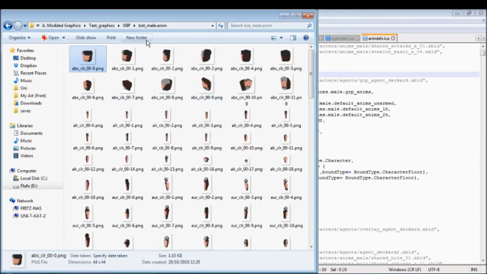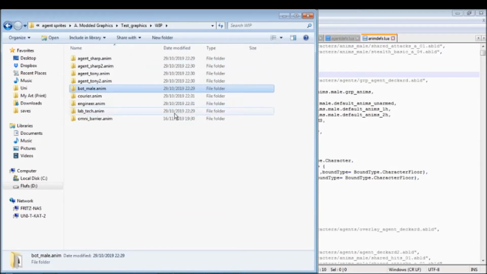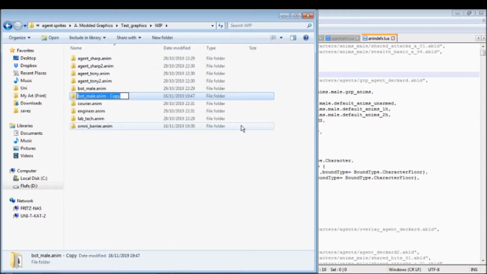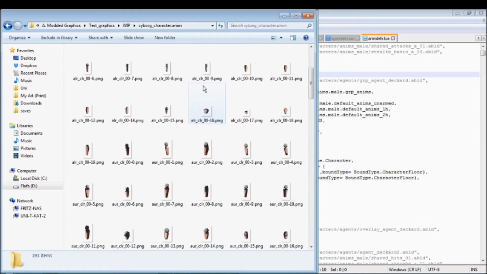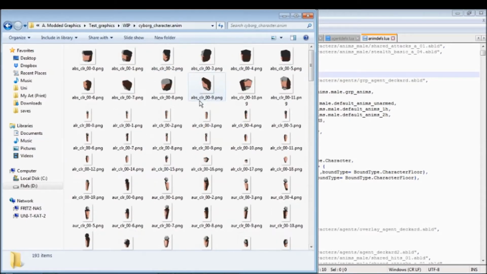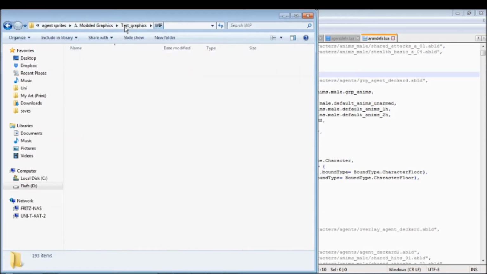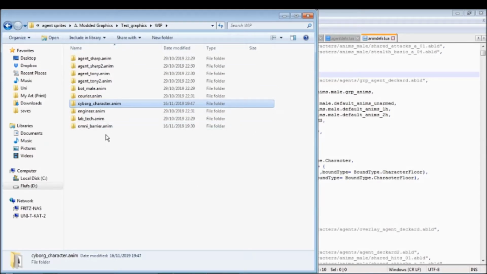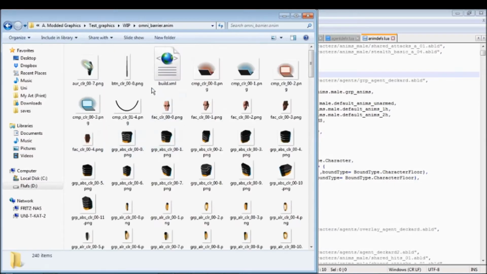So for example, let me just make a new folder for the one I'm actually working on. Cyborg character, whatever. If I wanted to make a unique looking cyborg or droid agent, I could start with this guy and then just copy paste other characters' bits onto him. These can be other agents, but they can also be non-agents. It doesn't matter. Their builds are made up the same way for the most part. So for example, I could decide to give him the Omni Barrier guy's,